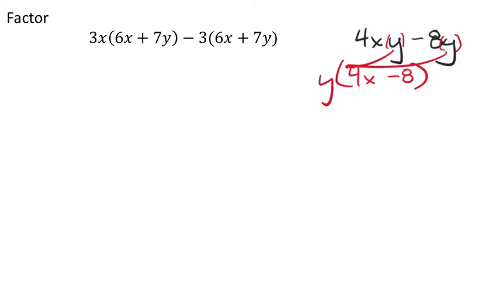Okay, how can we factor it out? Because this is a factor right here, and so is this one. Factors are values that are being multiplied together. So this is a factor of 3x. This is a factor of -3. So what I'm going to do,